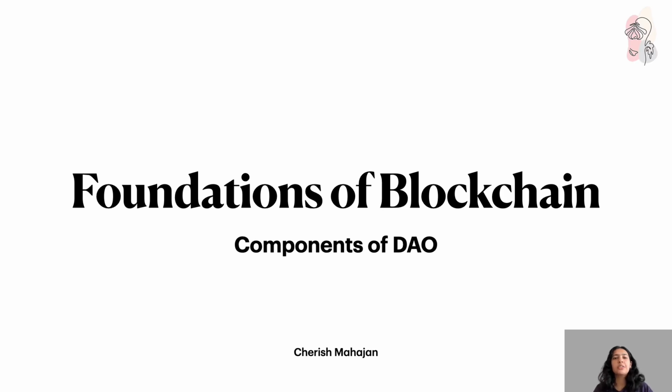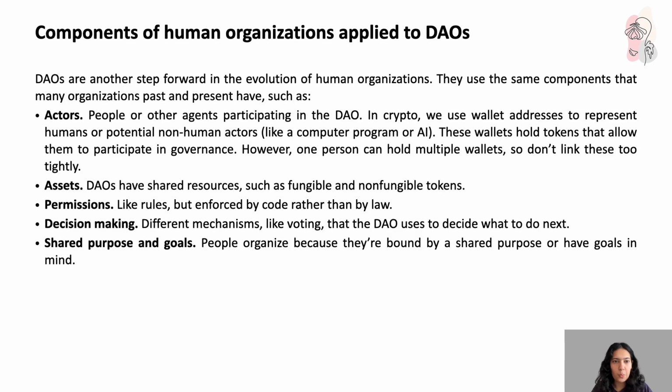Hello everyone. Today in this video lecture, we're going to study the components of DAO, or rather, the components that we've taken from human organizations that are still valid for DAO. We're going to study all those components in greater detail. Let's start with it. The first component is actors, then assets, then permissions, then decision making, and then shared